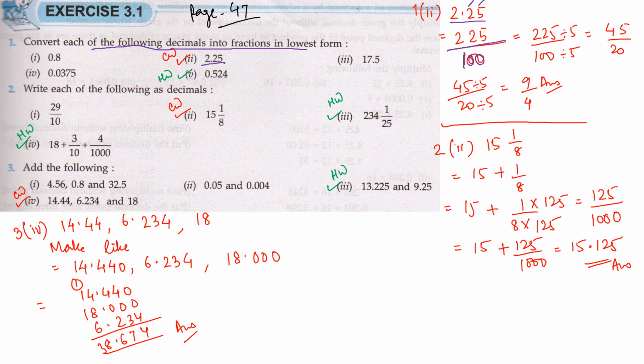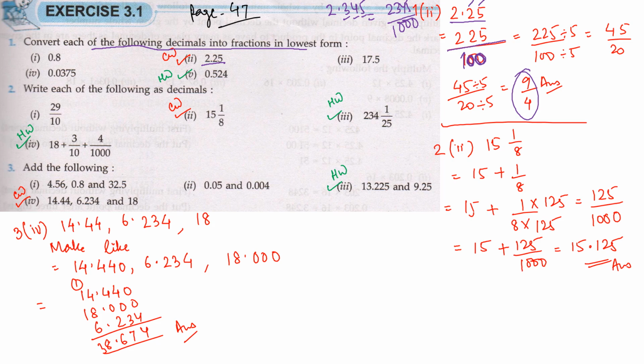As many digits after the decimal, that many zeros you will put in the denominator. So here 2 digits after the decimal, so the denominator has 2 zeros. If it has 3 digits, for example if I write 2.345, it will be 2345 by 1 and how many zeros? 1, 2, 3. Getting the concept? Now you reduce it. Keep on dividing by 5. You will get the answer as 9 by 4.